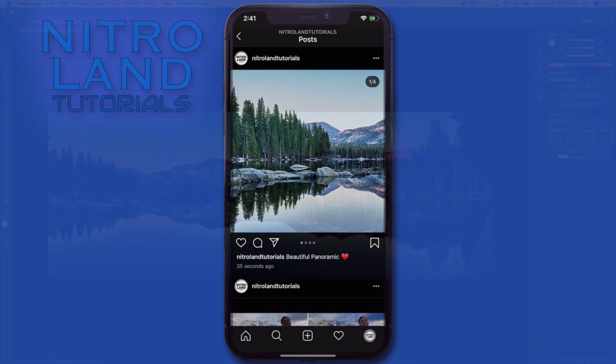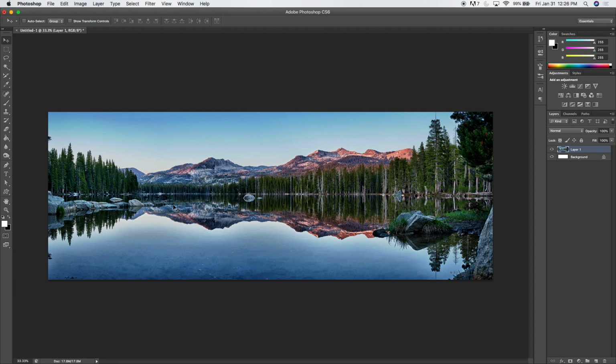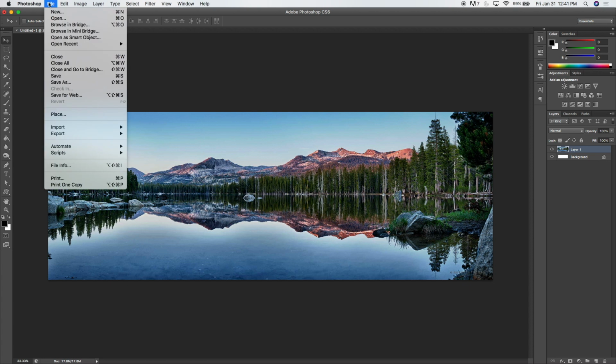So let's get started. So here's the panoramic picture I want to post to Instagram, and I want to create 4 different pictures out of this so that we can create a seamless panoramic on Instagram. Once you have the picture you're going to post opened up, you're now going to open a new document by